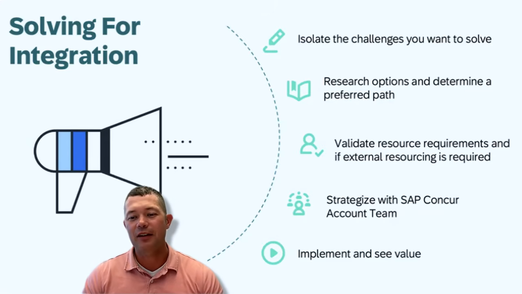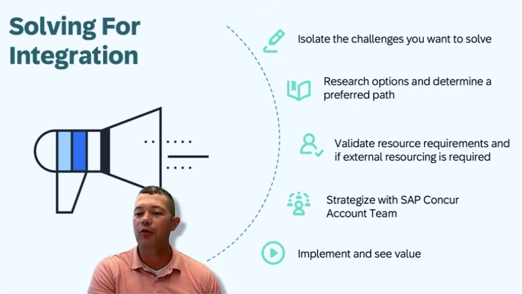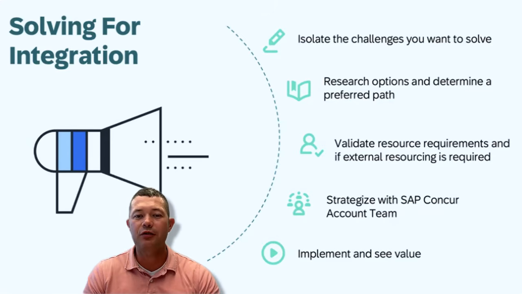Research the options. Again and again, we see individuals that may have read something or researched something last year or the year before. It could have changed 3 times since then. So just research as much as you can. This is where you bring in your Concur team. This is where you bring in your various stakeholders, your IT team, to determine what you have available.